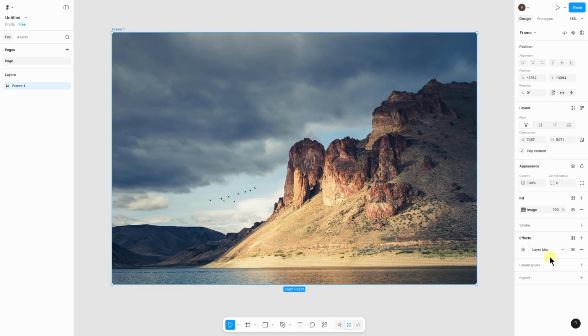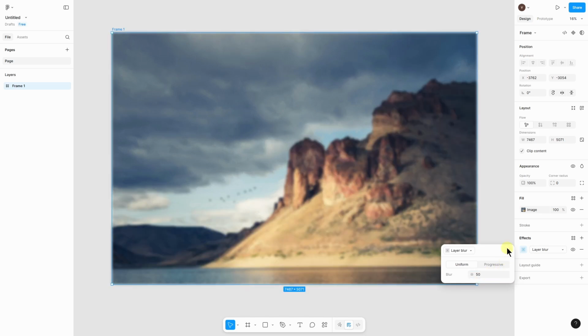To increase the intensity of this effect, we need to click on this icon on the left side of our effect and then we need to increase the blur opacity. So I want to make it 50, then hit enter on your keyboard and there you go, we have successfully